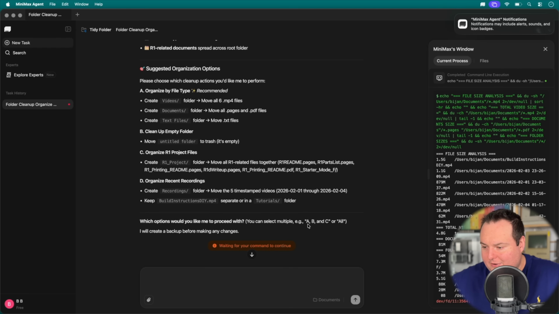And then it ends saying, okay, what should we do right here? And I like that it mentions build instructions, DIY, so it knows what specifically these things are based on the file name, separate or in a tutorials folder. I'm just going to say all, and it will then go ahead and turn our documents folder into a much